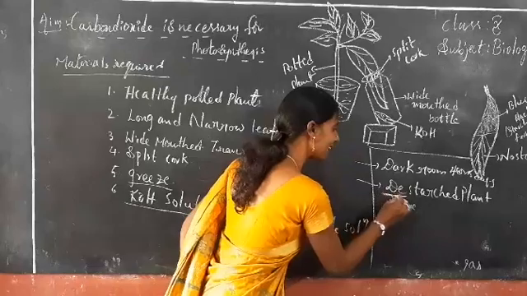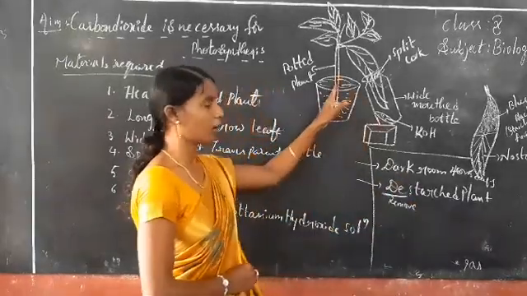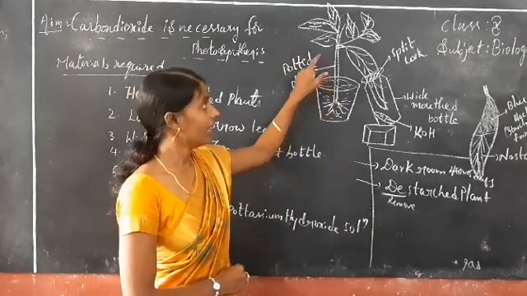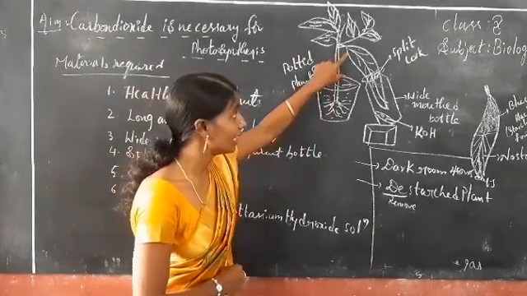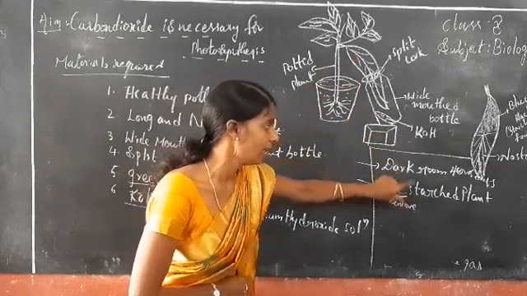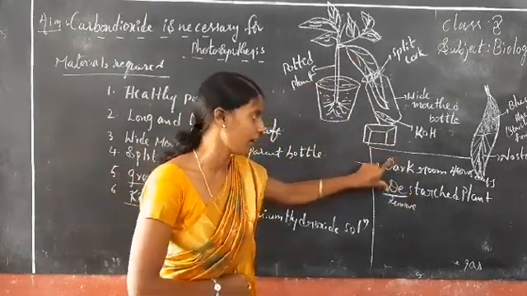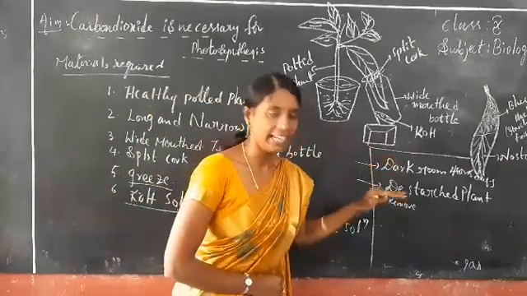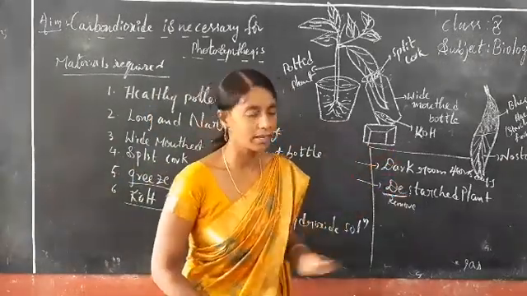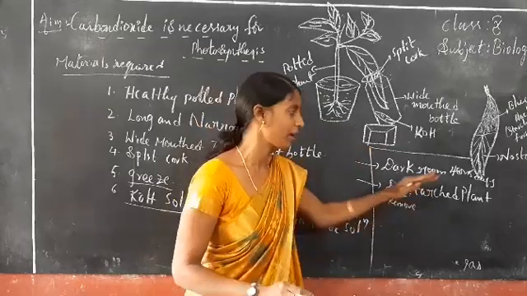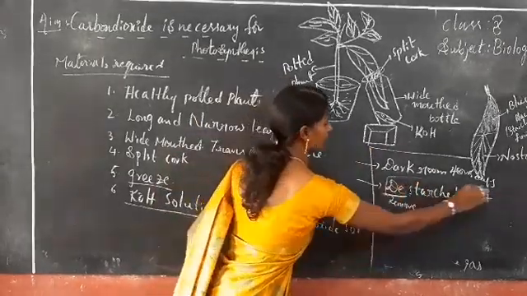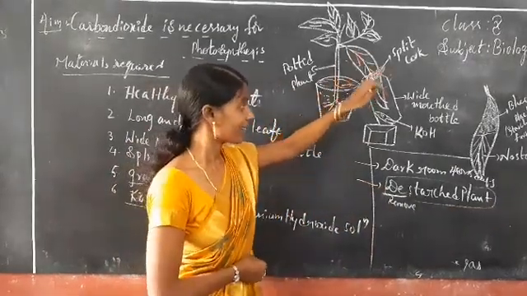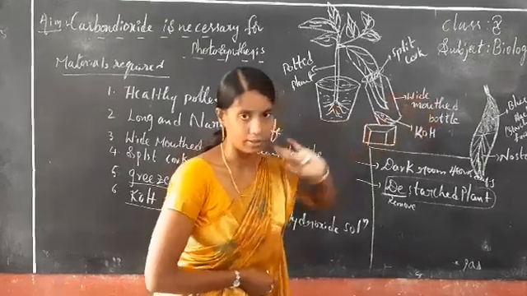So now we selected this destarched plant. I am taking the destarched plant here, and I selected one of the leaves from this plant. This is the main thing that is important in this lesson topic. Only when it was kept in the dark was the starch removed from the plant. That's why we call it a destarched plant. And we selected one of the leaves and keep it inside that wide-mouthed bottle.